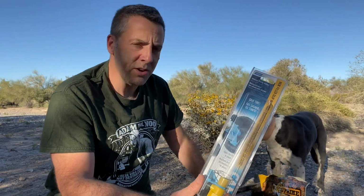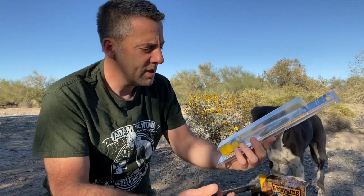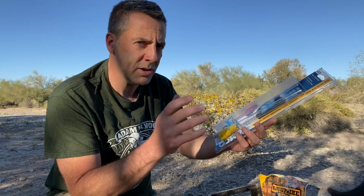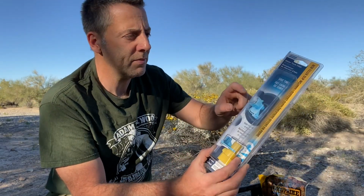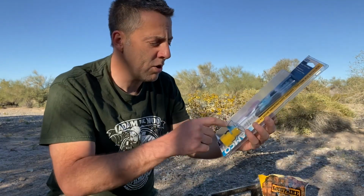It didn't have the person's name. There was no note or anything like that. You can leave a note when you send us stuff if you want. You don't have to. But anyways, this is to fill the RV. So you hook this on the end of the hose, and then you can shut it off. I haven't even opened this yet, but